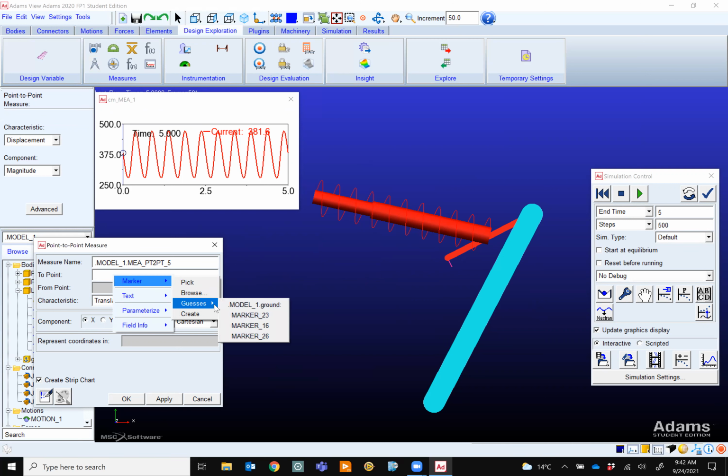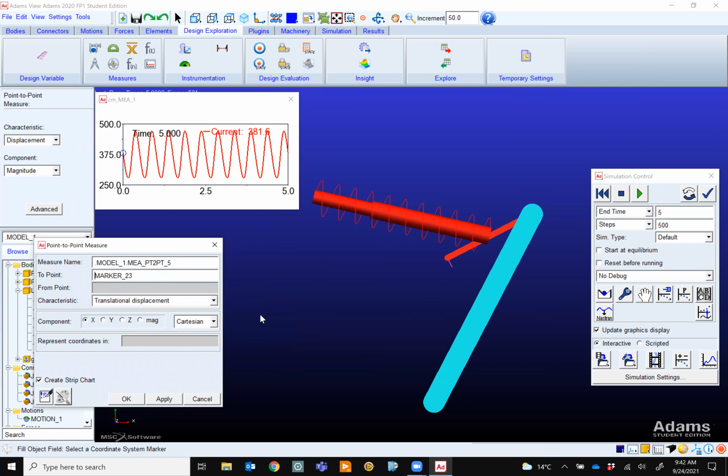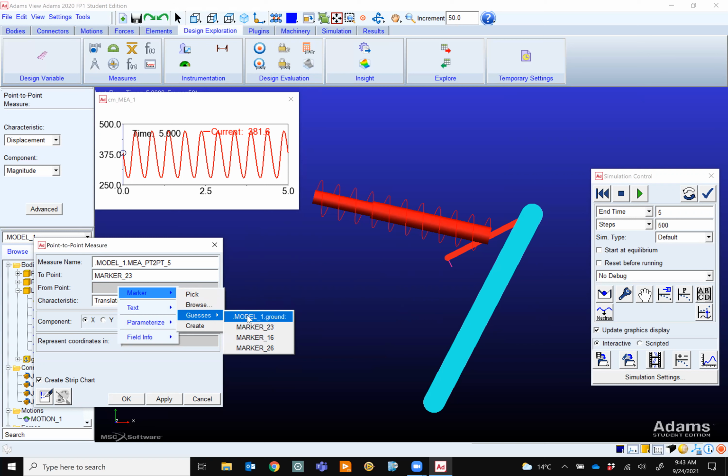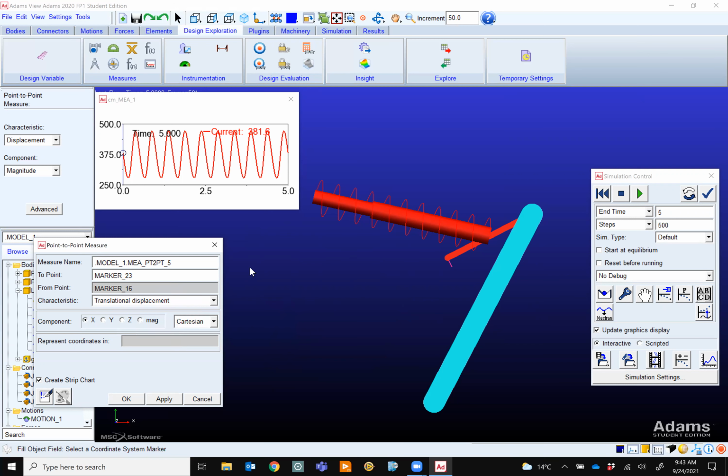Or let's just go for guess for now, but let's say we rename them, we know which is marker 23. Because remember, you have a choice to pick and find it. Let's say right click here, it doesn't show me. Double click. Or you just say guess, for example, marker 16. I don't know which, but let's go for that. The magnitude.